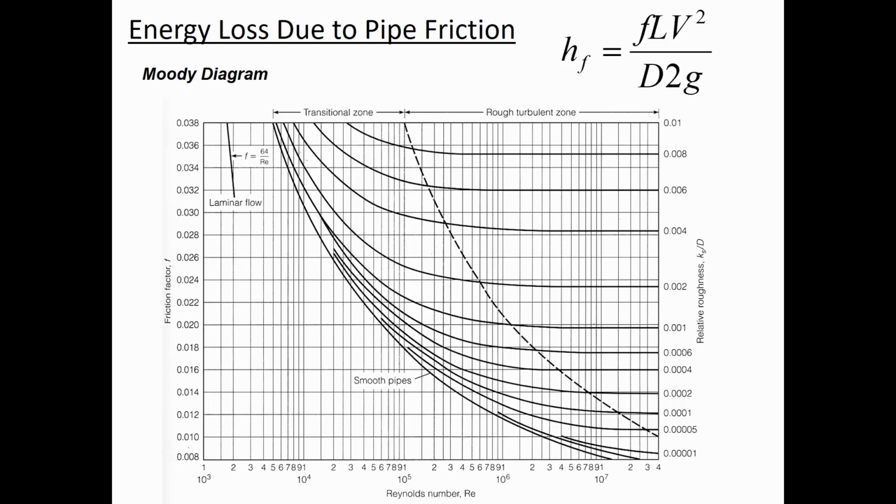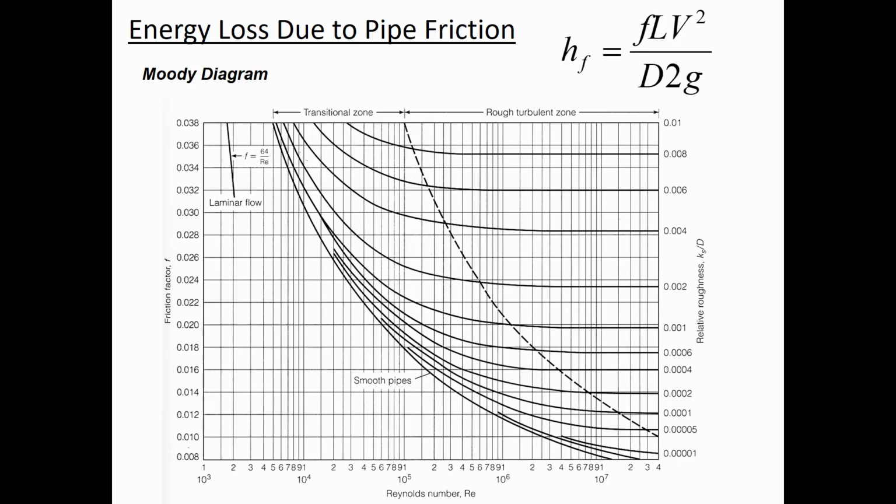So the relative roughness, you'd find what's close to our number, 0.00052. So here you can see it's nonlinear, by the way, but we'd find 0.004, 0.0006. So we're going to be kind of in between those two. And then we would follow this curve over until we intersected the Reynolds number for the flow conditions in that